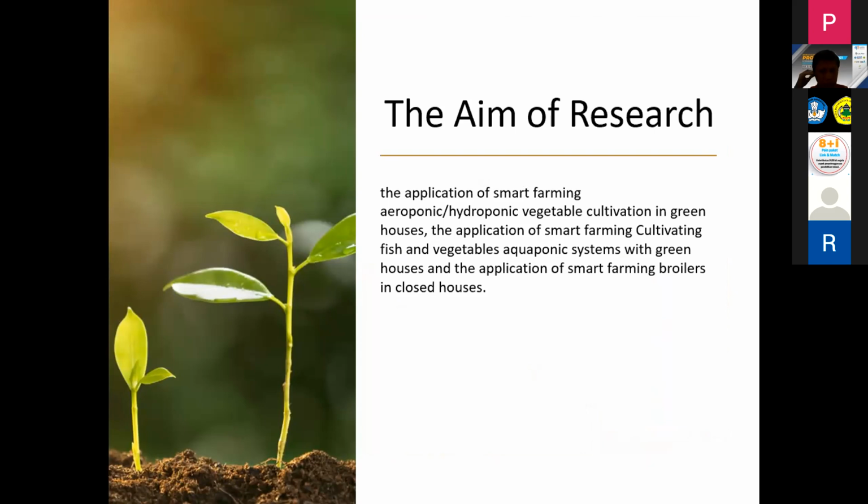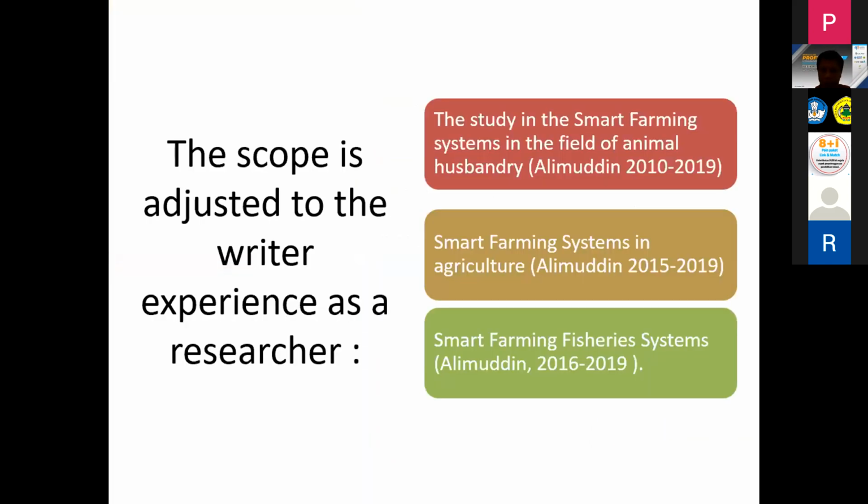My research experience covers aeroponic, hydroponic, or vegetable cultivation in greenhouse, and the application of smart farming, cultivation of fish combined with vegetables in an aquaponic system and greenhouse also. In my simulation, in my next presentation,